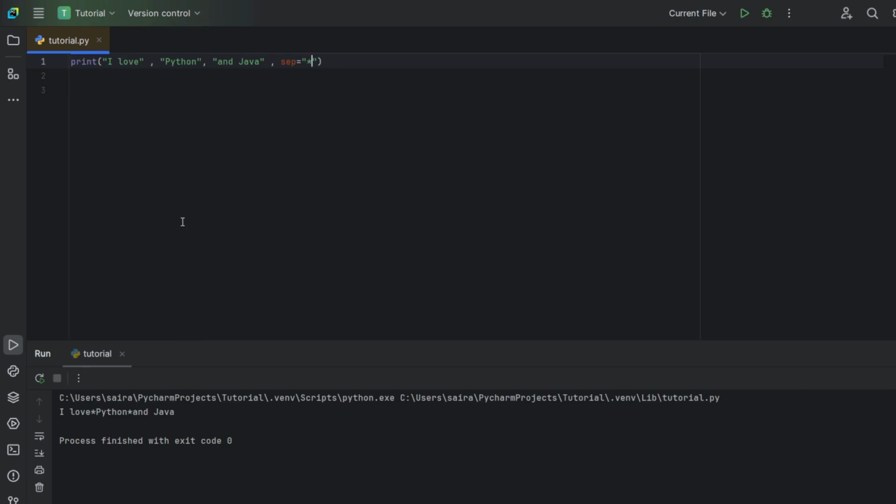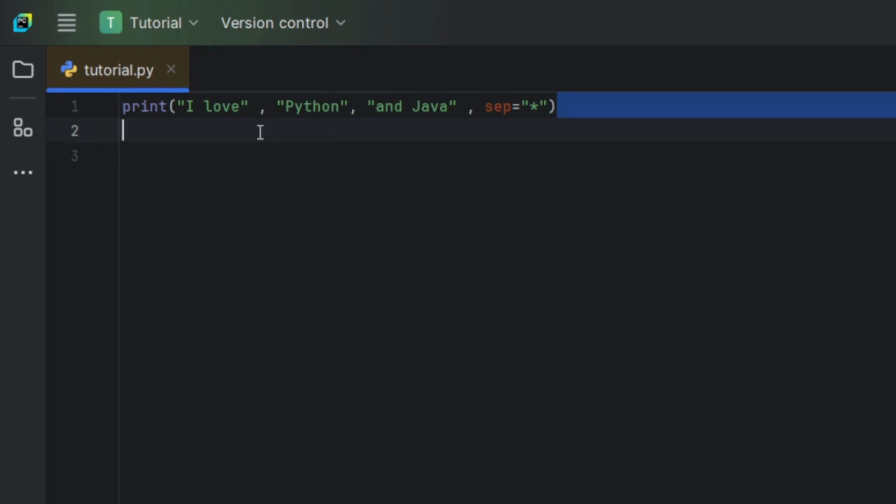Now, both keyword arguments can be mixed in one invocation. Let's try this now. Let's print "I love", comma, "Python".